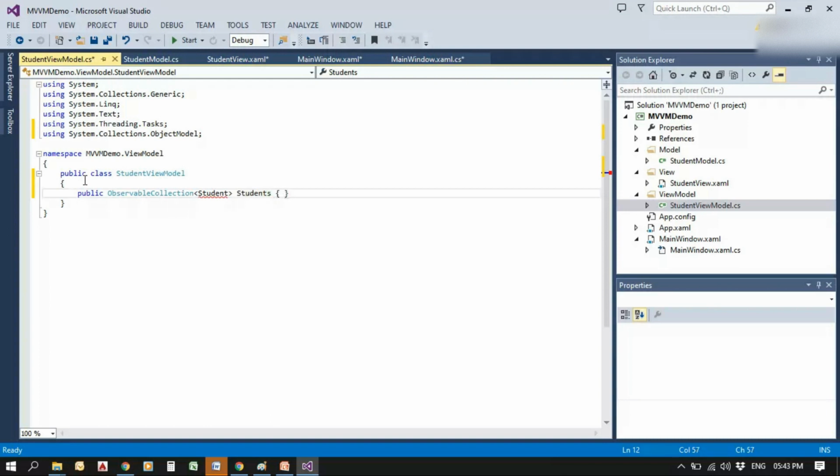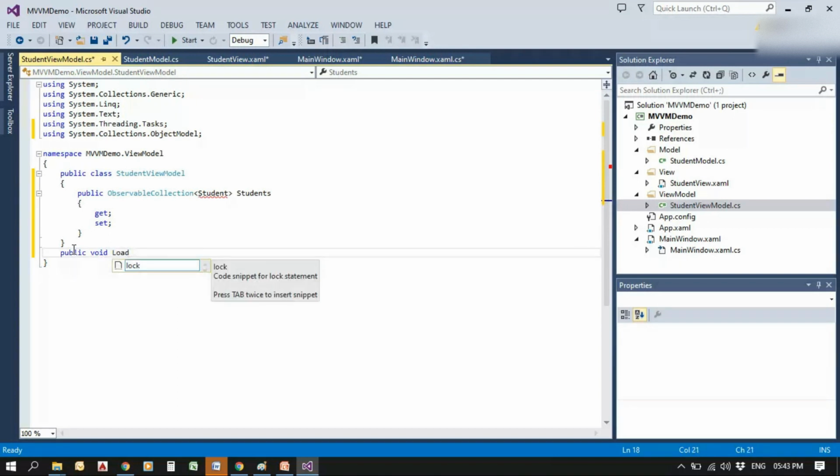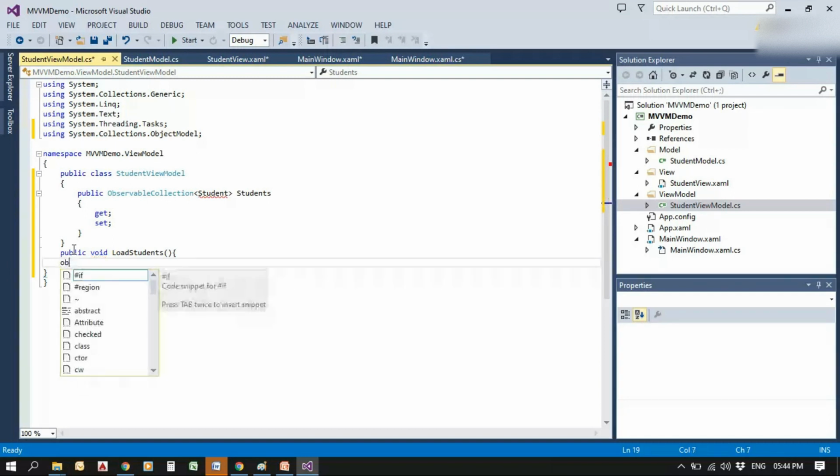And we will get and set the values from the model into this observable collection. Okay, and we can write a function which is LoadStudents. So the function will load the students data, that is first name, last name, and the concatenated value, and write the data into the text box, and we can see that in the window view. So we are creating a public void function LoadStudents, and inside that we are creating an observable instance for the observable collection.